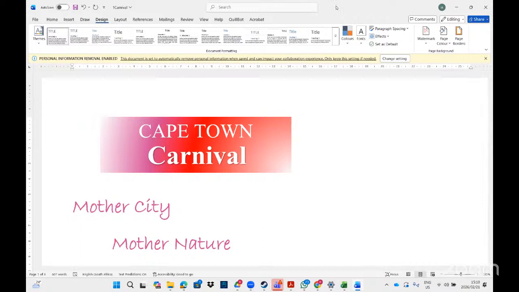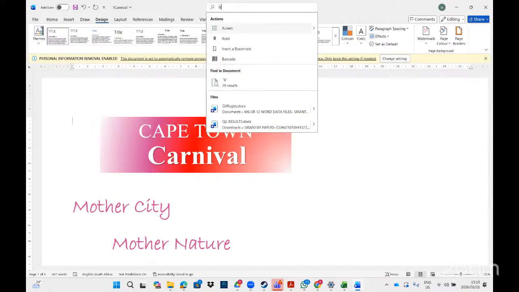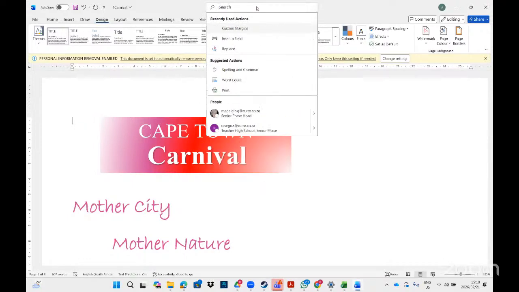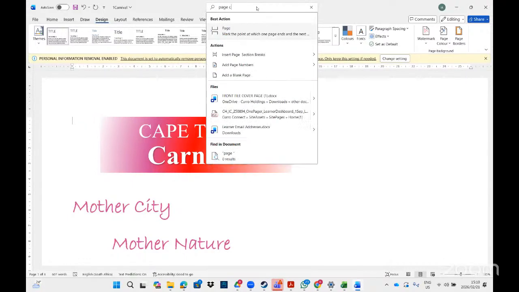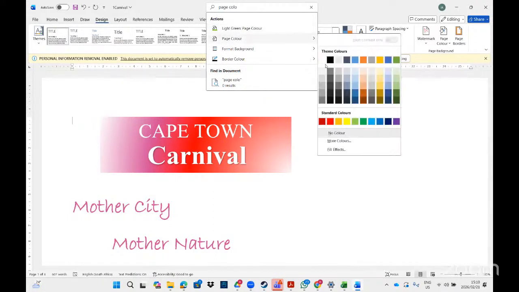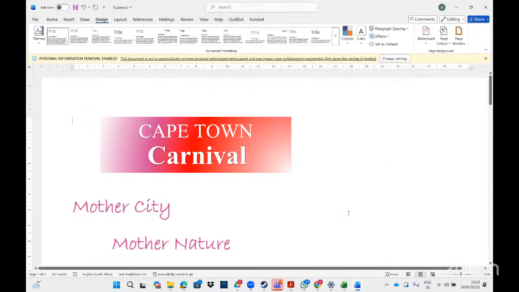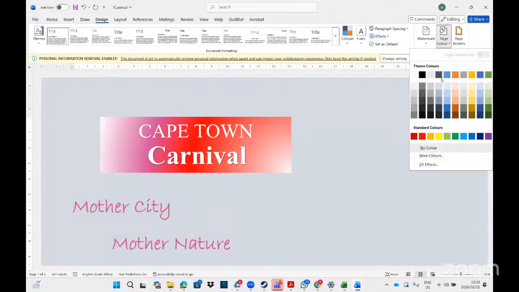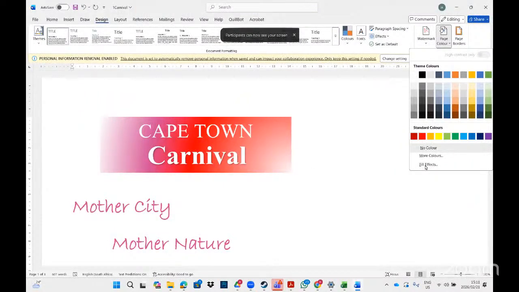Remember, Microsoft Word, when you are doing it, you don't know where to go. Like here, background, you can just say background or page color. It's going to take you there, page color, and then you change it. You can do that. Right. Now, with the page color, there are other ways of also, if they don't change you to the effect,